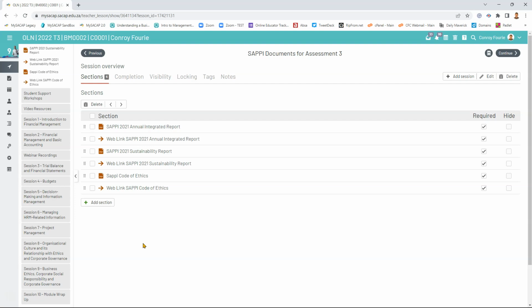One element, for example, and I think I recall this, I might be mistaken, but I think it's in the SAPI code of ethics, where I thought they're quite effective in stating the issue, and then they give some examples of that for staff that will be real life things that they can relate to, which makes the particular ethics issue very clear, and what bad behavior would be and what response might be. So that probably leads to more effectiveness. So that's one assessment perhaps you can make, and then you could also make other assessments like that.